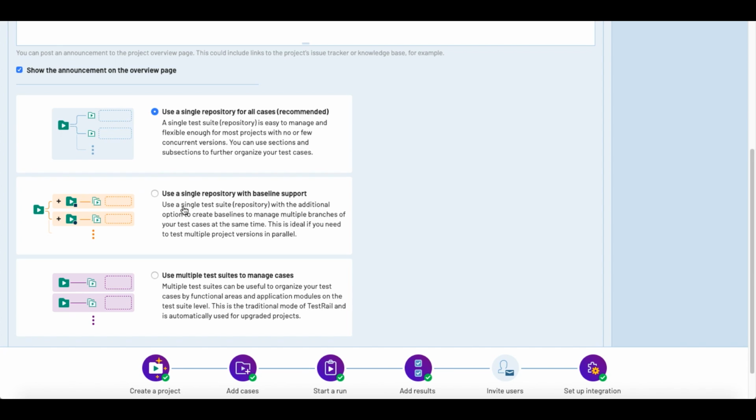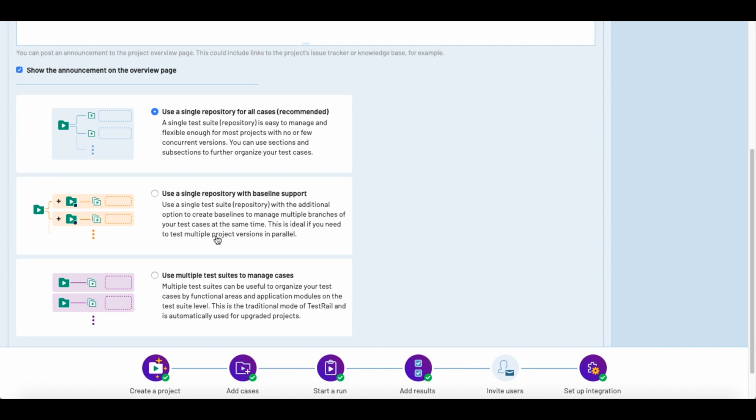Whereas the second one says use a single repository with baseline support. In it, we use a single test suite with the additional option to create baselines to manage multiple branches of your test cases at the same time. So in this option multiple branches of the test cases will be created at the same time.